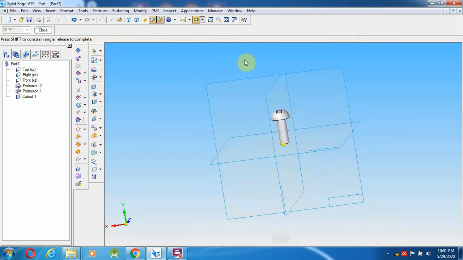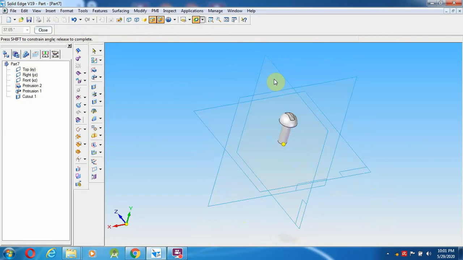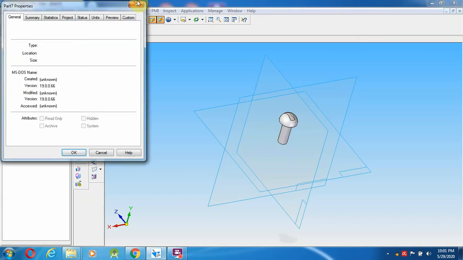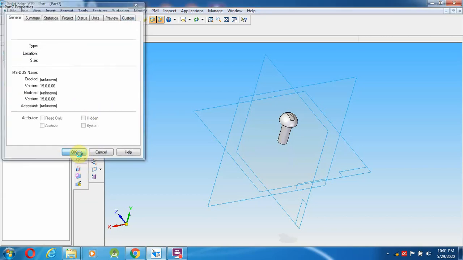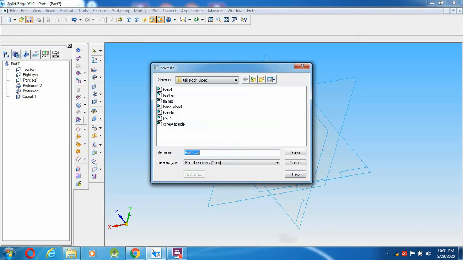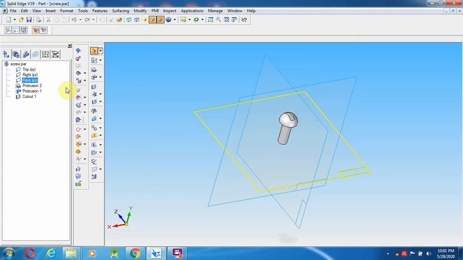Okay, so like this the screw has to be created. You have to save it as screw.